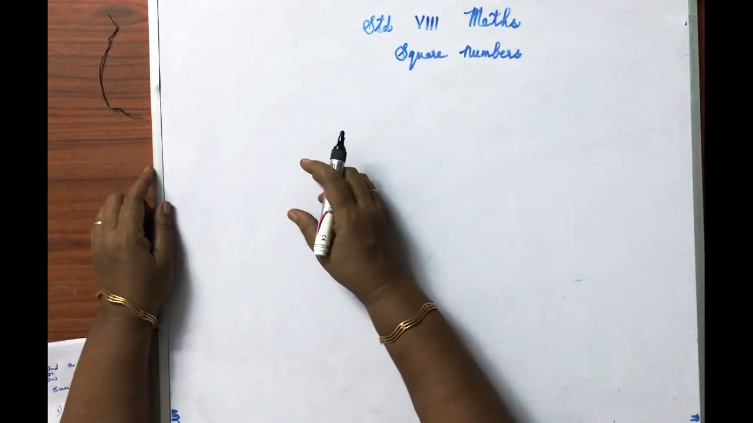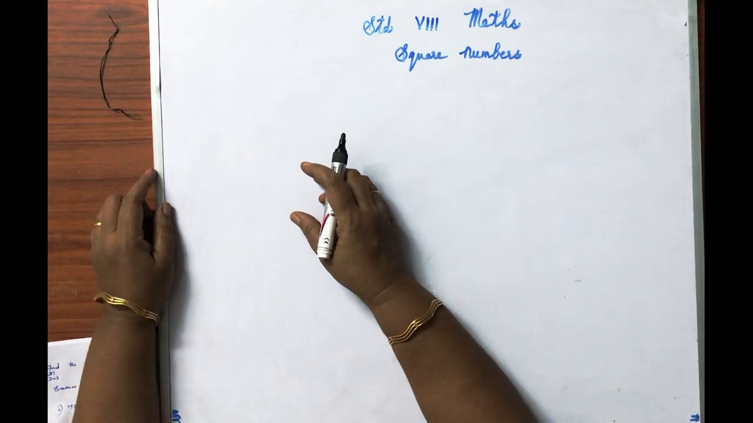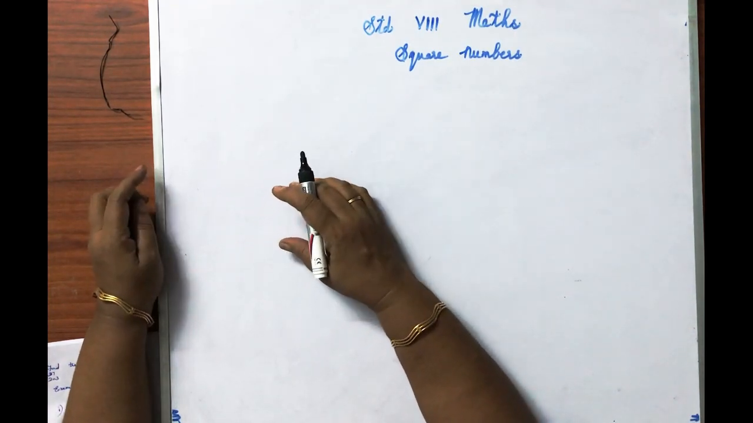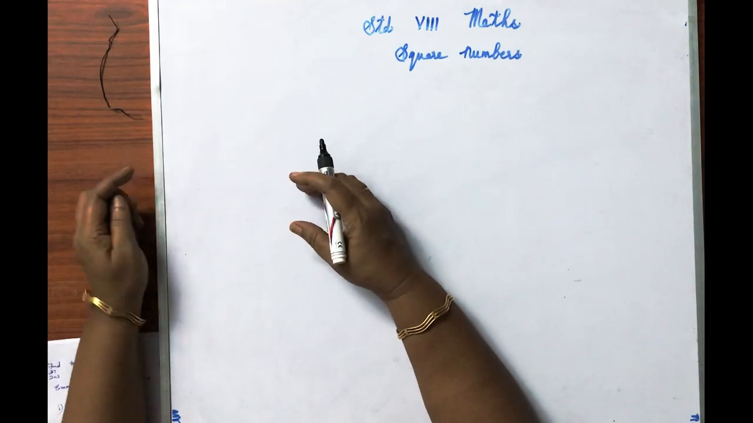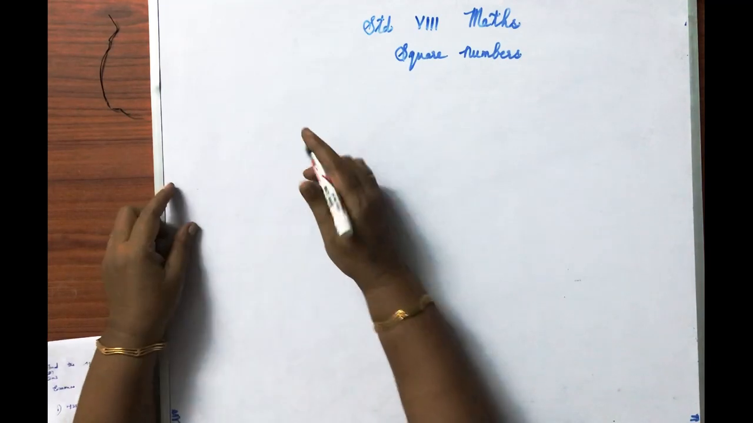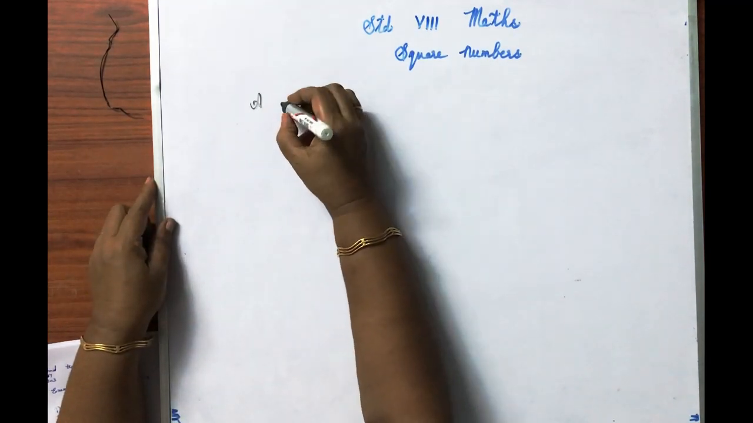In the previous session, I taught you what are square numbers and how to form square numbers. When we multiply a number by itself, we get square numbers. And a number is a square number